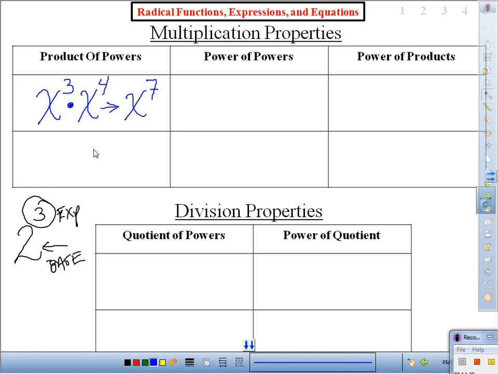Talk it over to your neighbor, please. All right, I heard. When you multiply expressions of the same base,